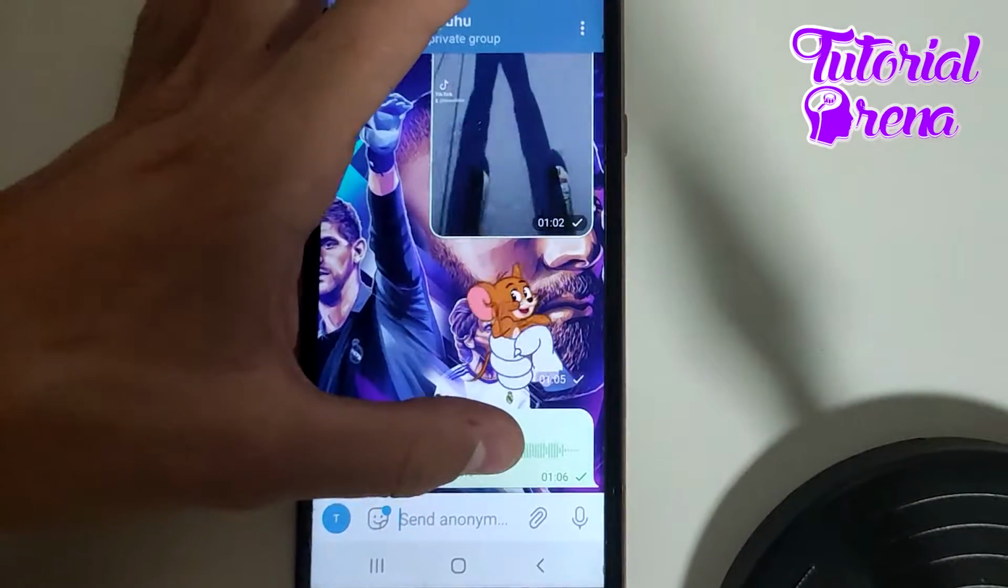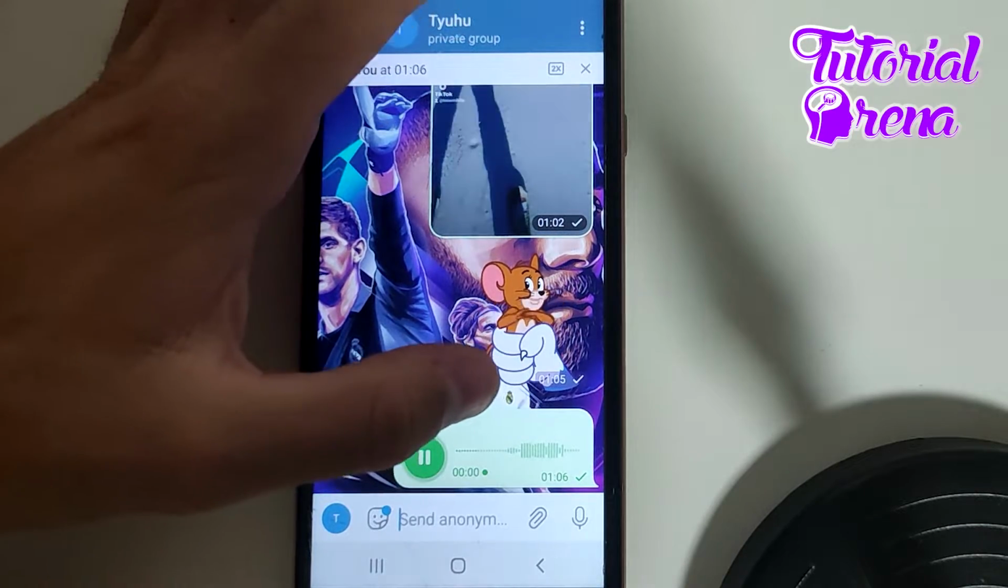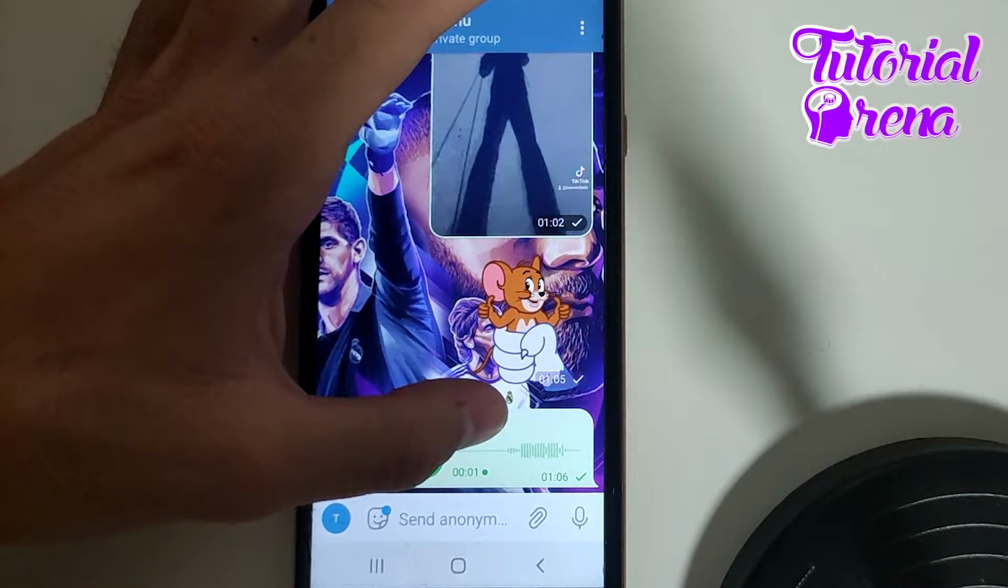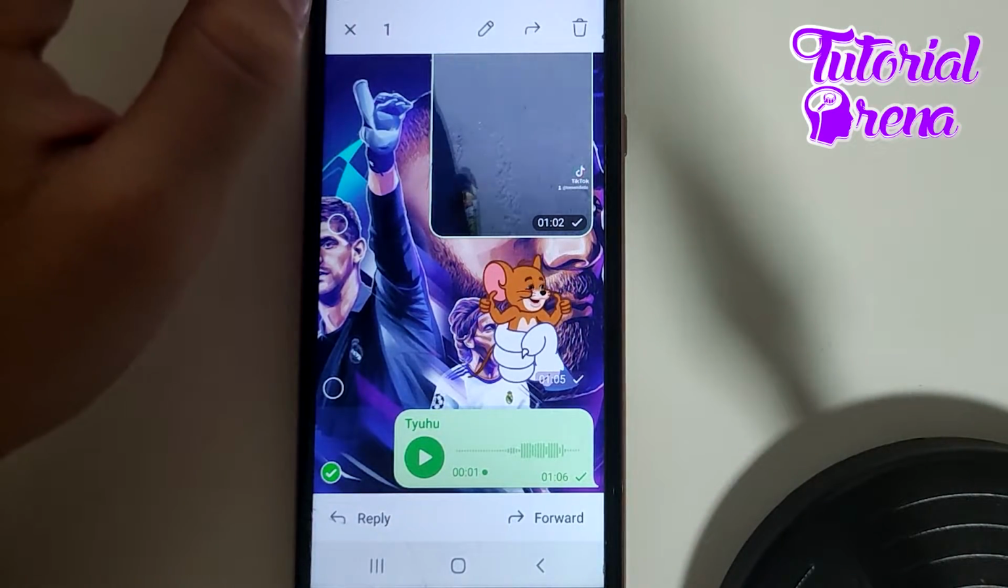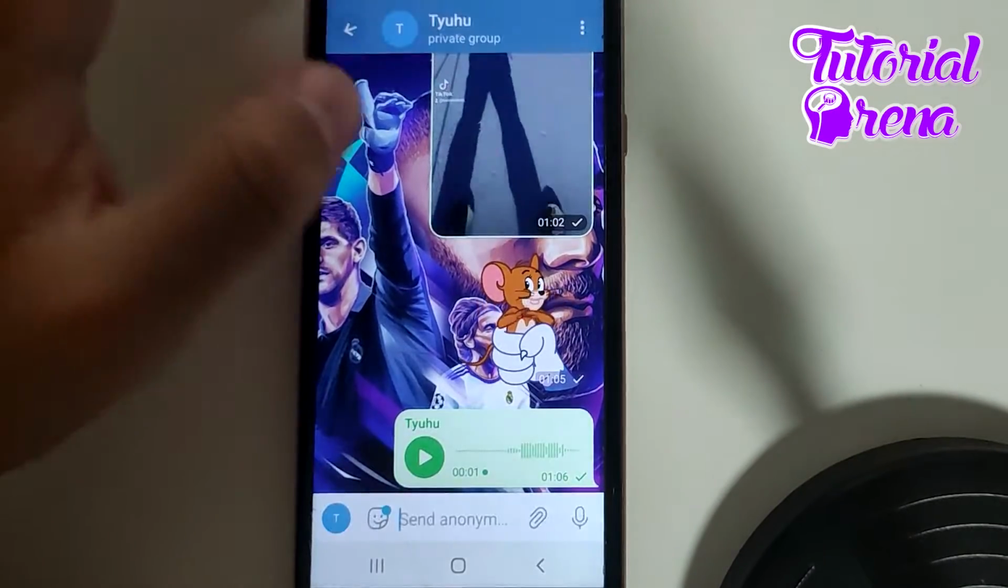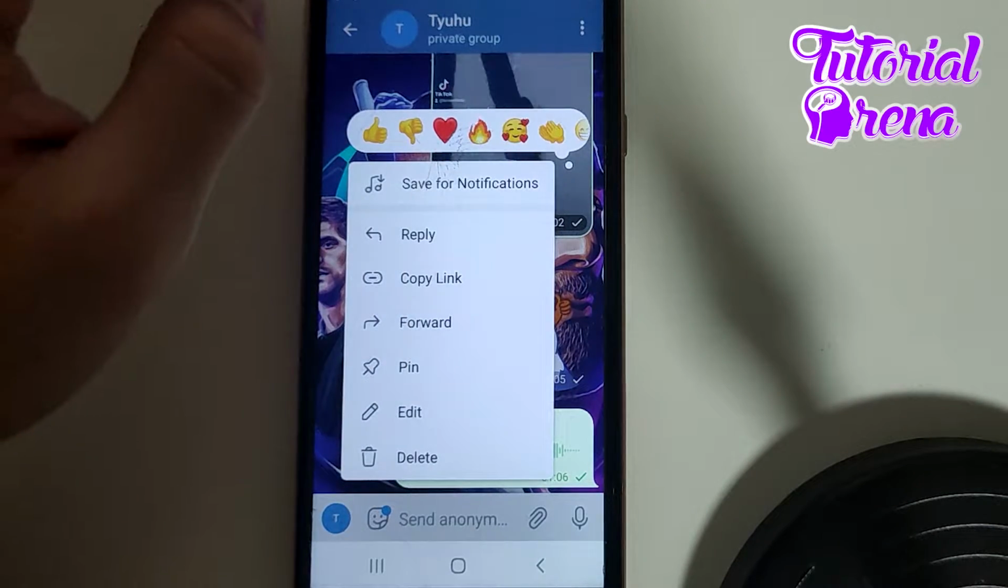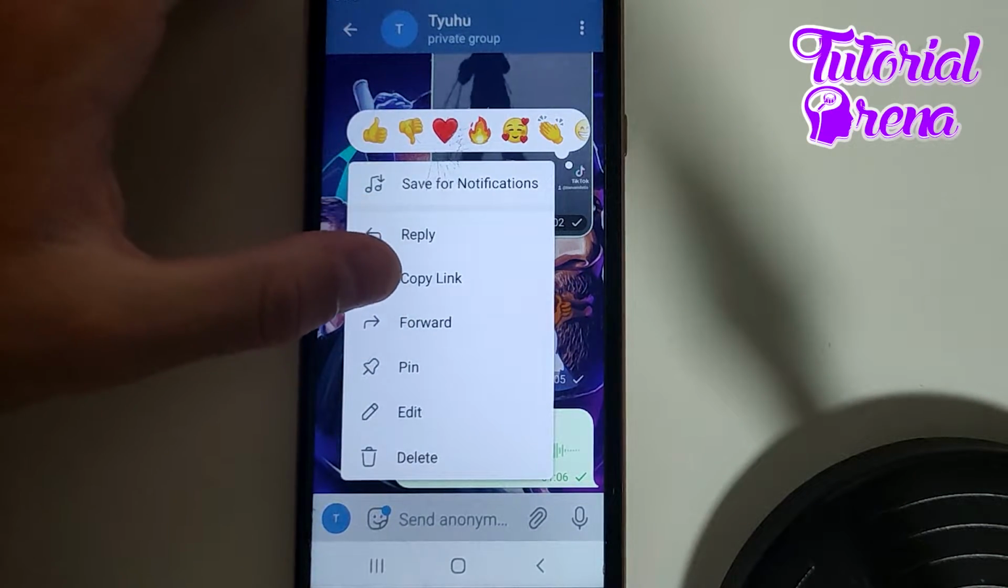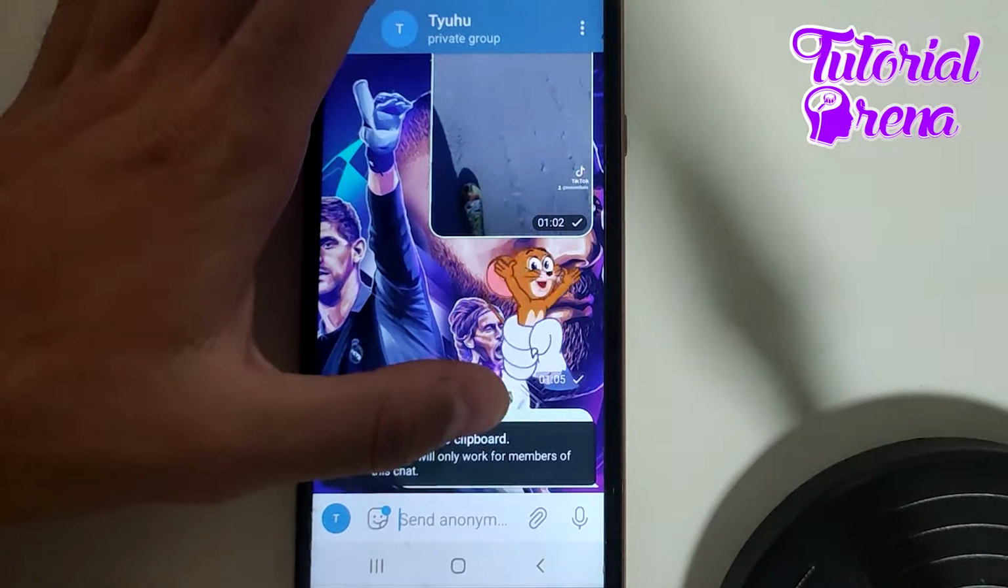Now get back, go again on that side, tap and hold on it, and when you get up right there, if you simply go again here, you can select the same sites, go on it, and you can copy the link, or